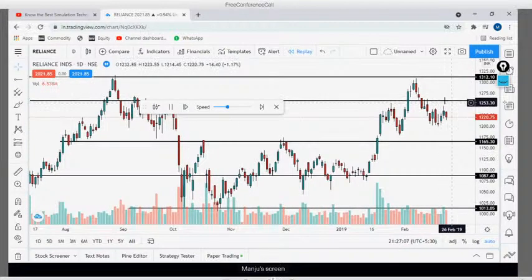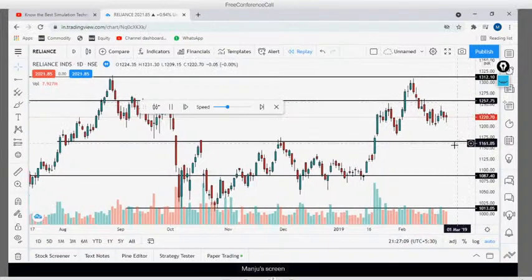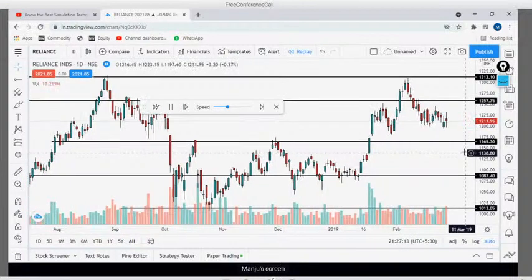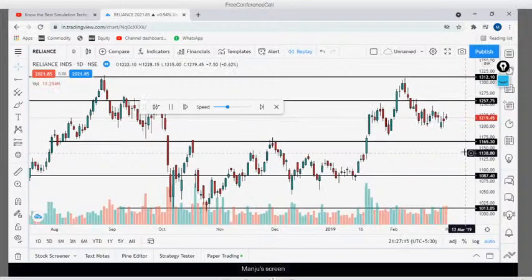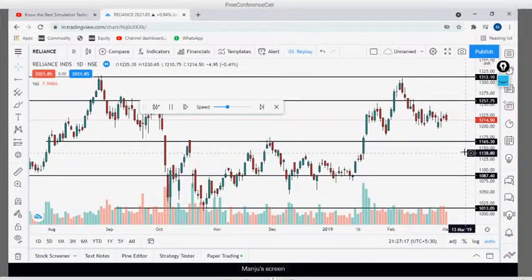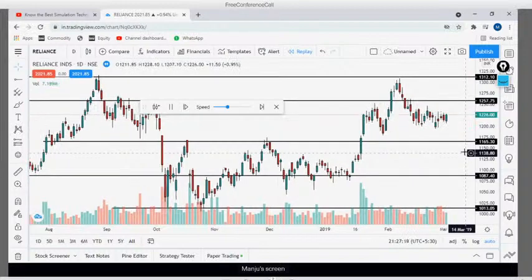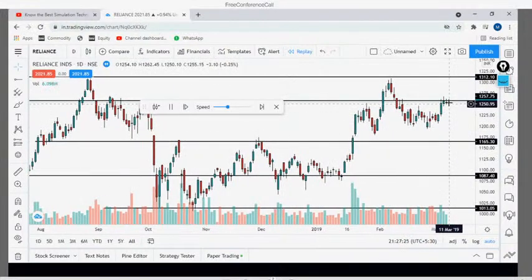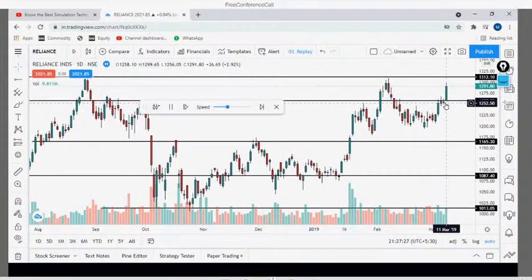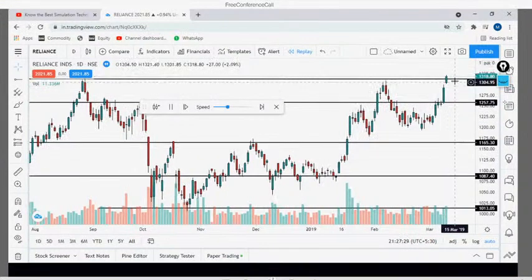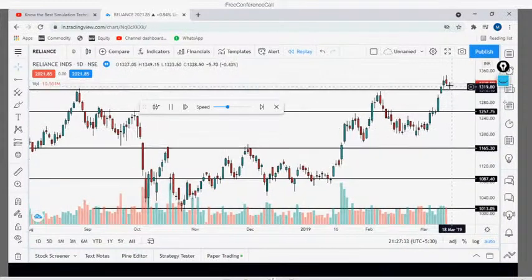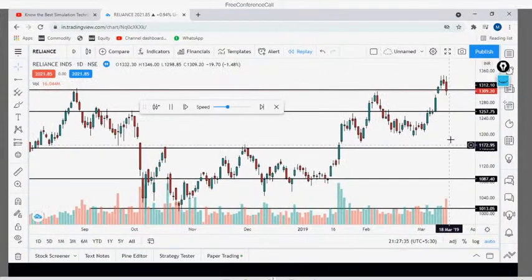If you understand these levels, right, catching this exact support or resistance level, then trading becomes dead easy for you guys. The only thing is we need to know how to execute near these levels and what to watch. See, it came down, and after that it is again reaching the resistance level. Now it gave a breakout. See, now it is making a lifetime high, a new high.